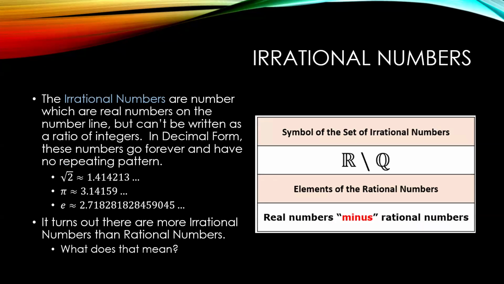We call them irrational numbers. An irrational number is a number which is on the number line, but it can't be written as a ratio of integers. In decimal form, these numbers go on forever and ever and have no repeating pattern. The first one discovered was the square root of 2, which is 1.414213, but it goes on forever and there's no repeating pattern. Pi is roughly 3.14159. E is roughly